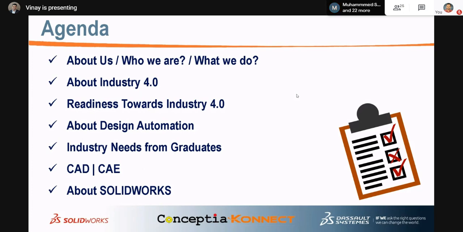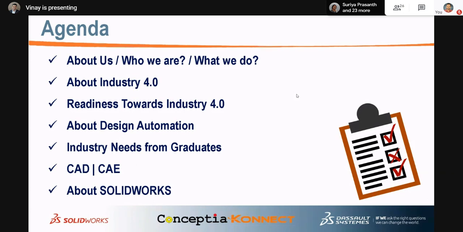But whether we are ready for the Industry 4.0 revolution, it is already there, and other countries have touched Industry 5.0, 6.0. They have reached that level. But India is struggling to practice Industry 4.0. So for that, we are ready as students.